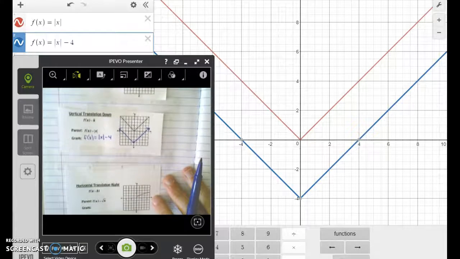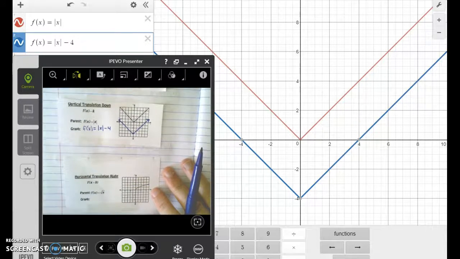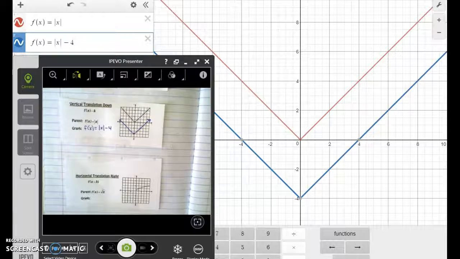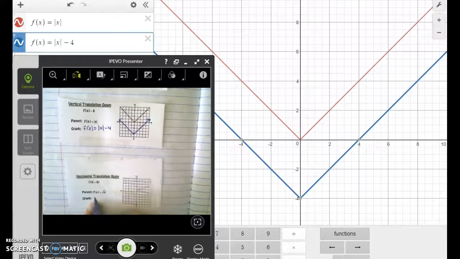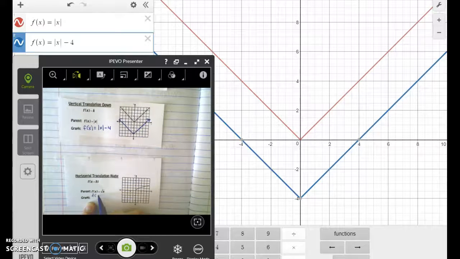So adding shifted up, subtracting shifted it down. Alright, the trickier ones are when you're moving left or right. So when you're moving left or right, you're looking at something that's going on inside of parentheses, underneath the square root, or inside of the absolute value bars. So for example, here we have a translation that we're going to say is moving right. So I have the square root of x as the function. That's my parent function. So to translate it to the right, or shift it to the right, I have to include,